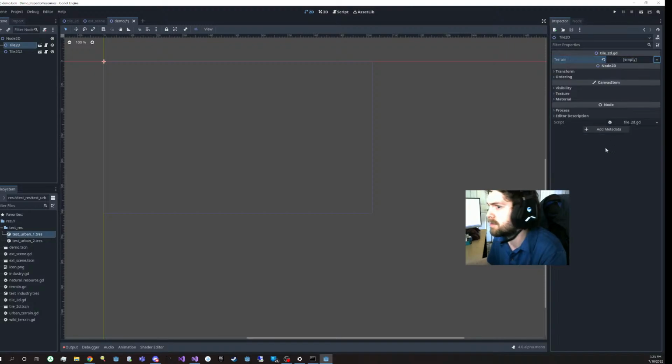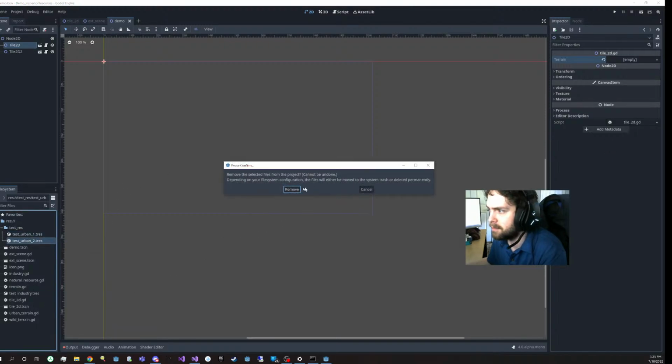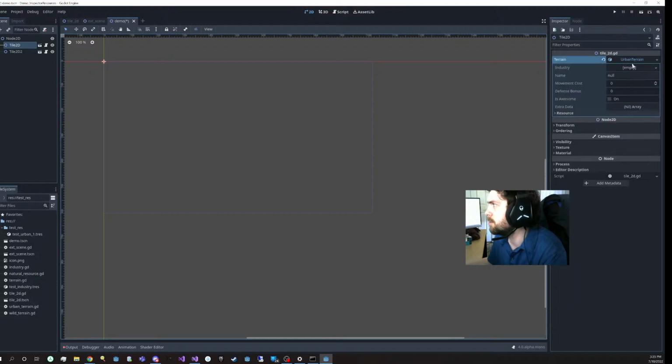So clearing this. We're gonna delete this. Not that it matters, probably. Yeah, I don't think it'll matter. Oh, and by the way, this scene is extending another scene that had some sort of property assigned here, which is why it's got the reversion icon, but that's not really relevant here. So new urban terrain, test 2, right? Give some stuff here. And then